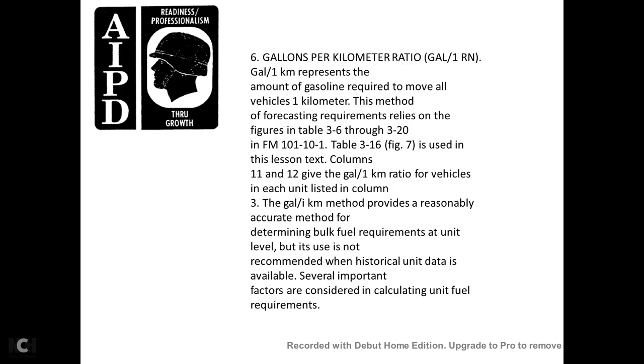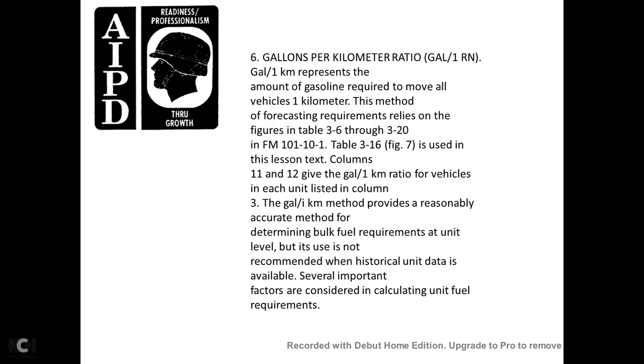6 gallons per kilometer with the ratio. The gallons per kilometer ratio, the GK ratio, represents the amount of gasoline required to move the vehicle 1 kilometer. The method of forecasting requires relying on the table figures in figures 3-6 through 3-20 and the field manual